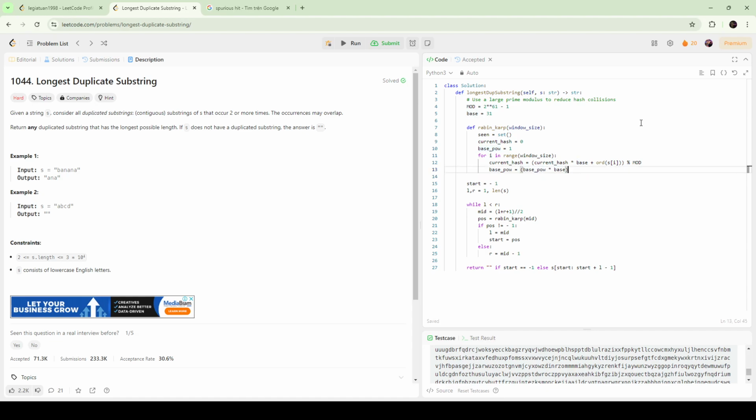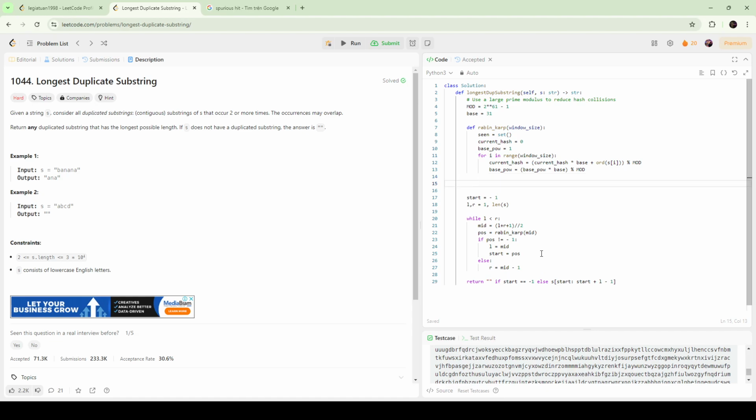Basically, for every calculating step, we're going to end it with a modulo by mod to avoid integer overflow, right? And then